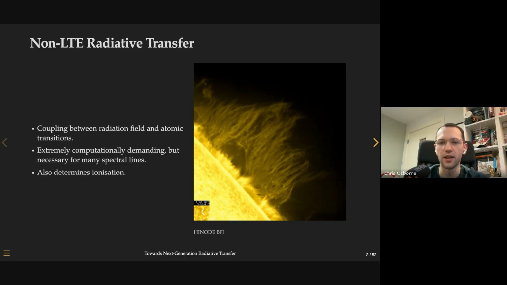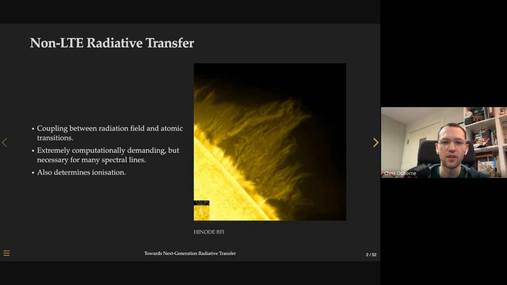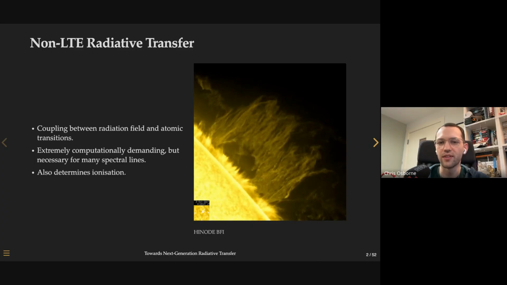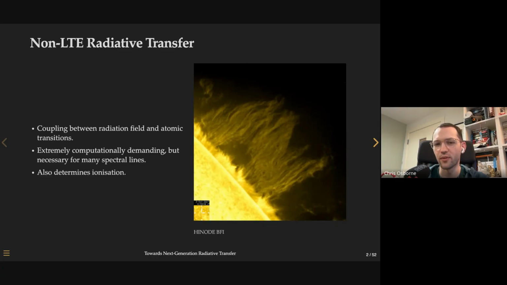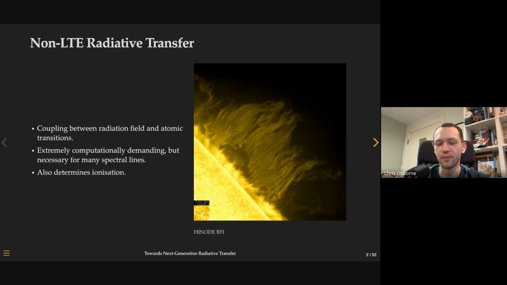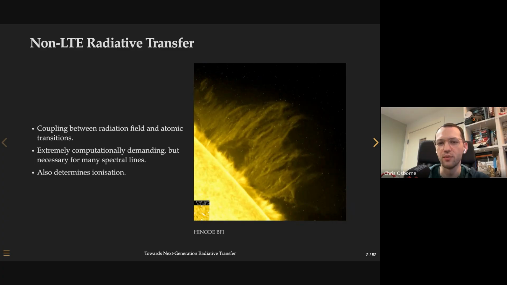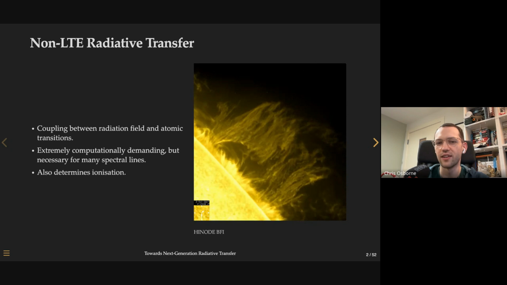I'm showing on the right there a Hinode BFI image of a beautiful hedgerow prominence. And one of my neat little comments on this is that if we took the sun away but kept the prominence there with all the plasma parameters the same, and we took the solar disk away, that structure would be nigh invisible. You wouldn't have the signal to noise to be able to detect it on any kind of sane